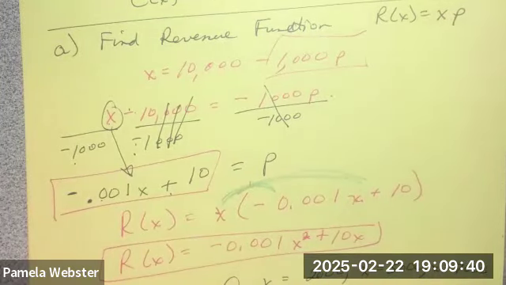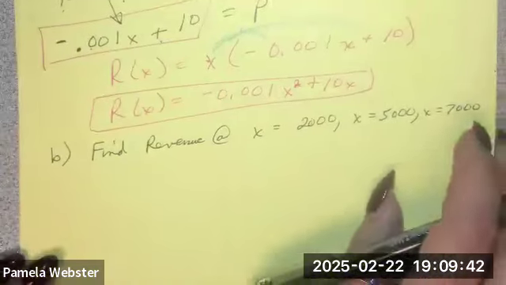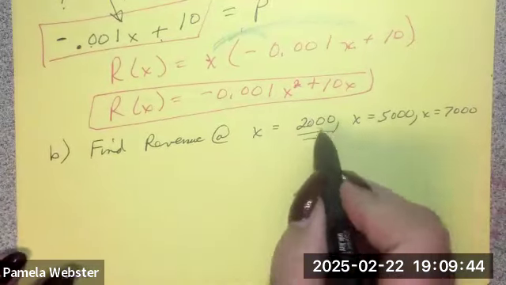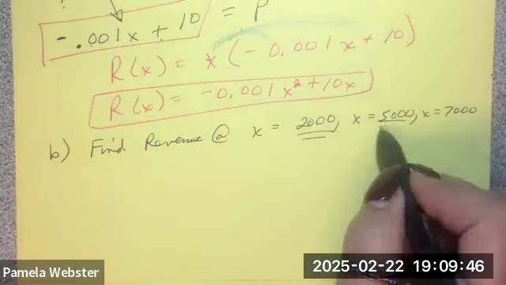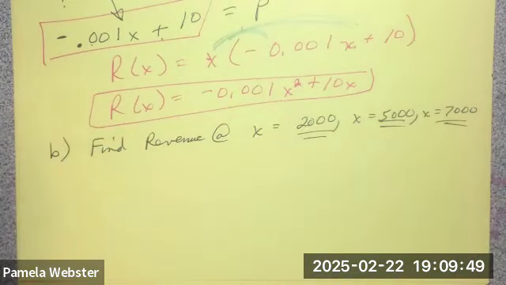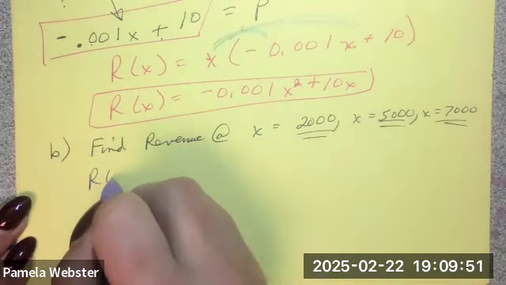Okay, well, we can do that for sure. This is part B. All we got to do is plug in. We've got our revenue function, plug in these numbers, and we're going to do it 3 different times. So we get 3 different answers. So revenue of 2,000,